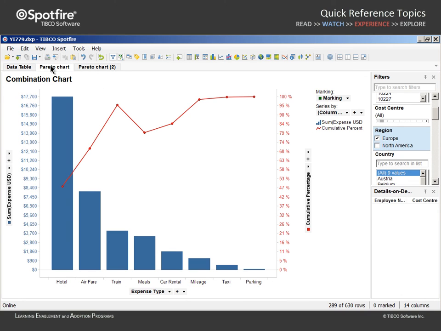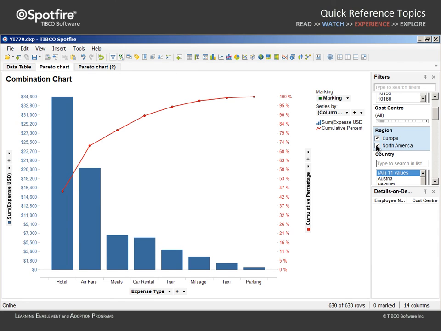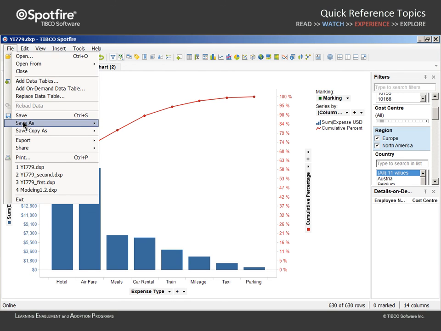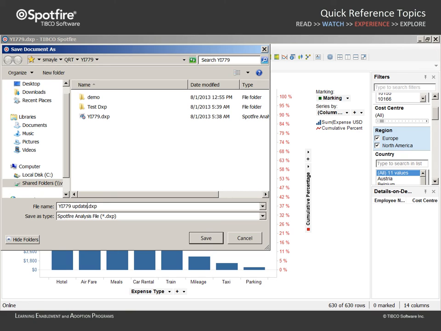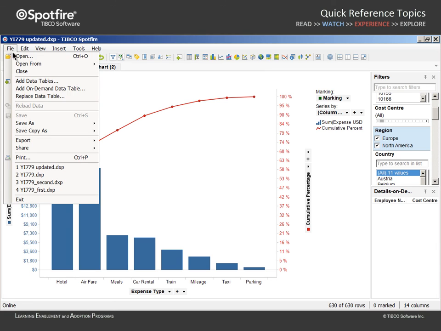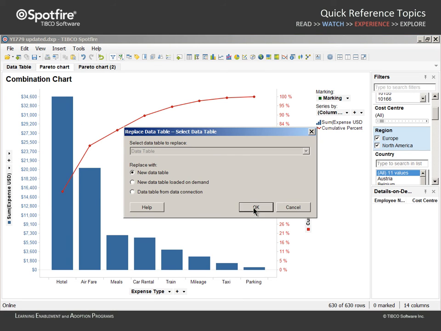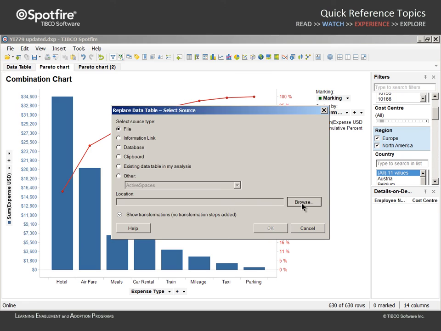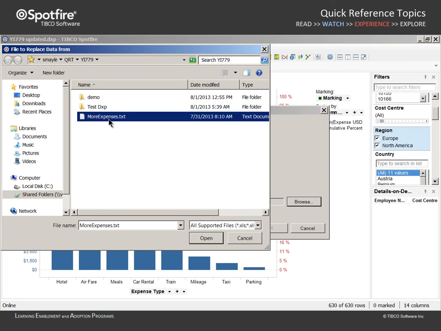Returning to the previous page again shows that the visualization is only viable when the bars are sorted as they were when expenses from all regions was considered. Once we save our analysis, we might consider using the analysis as a template for other extractions from our expense reporting database. We could go to File, Replace Data Table, and replace the existing data table with the values in the file titled